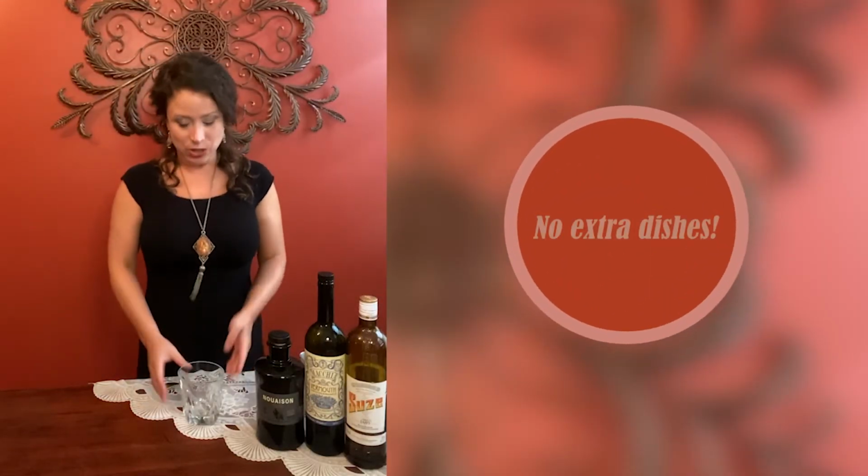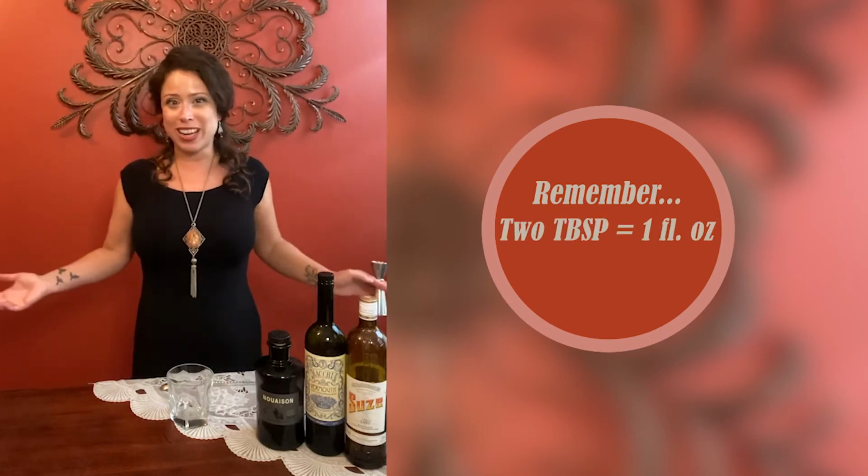What's great about this drink is we're gonna build it in the glass. So I've got my rocks glass ready to go, and I'm gonna use my jigger, but if you don't have one, you could always use your measuring spoons. And what's great is we only need the 1 ounce side. So I'm gonna start, I've got 1 ounce of gin,